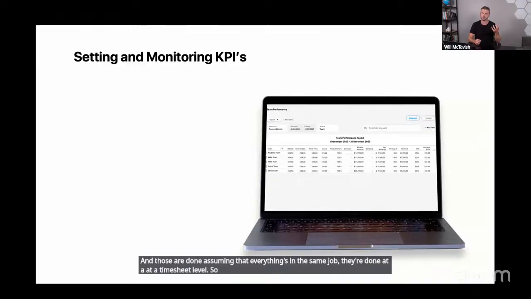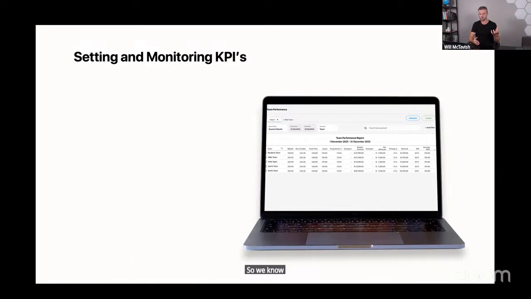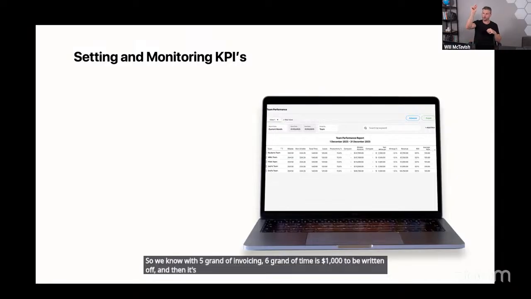So let's say, for example, I have $5,000 of invoicing in the job and $6,000 of timesheets, and there could be 30 timesheets that make up those values. So we know with $5,000 of invoicing and $6,000 of time, there's $1,000 to be written off. And then it's going to apportion that write-off over all of those timesheet entries relative to the billable amount of each entry. So if somebody has done $4,000 of the time and someone has done $2,000 of the time, someone